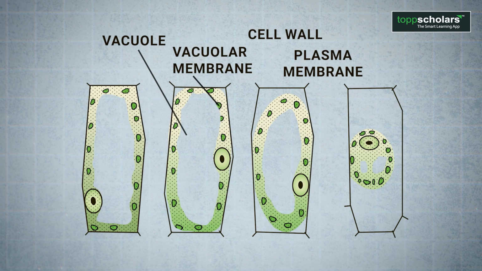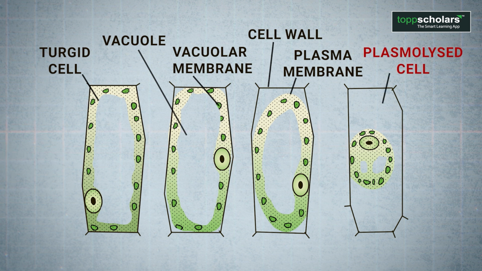In C diagram, you can see the turgid cell, and in figures D, E and F, after the cell is kept in hypertonic solution, we can see the cytoplasm will shrink. Protoplasm is withdrawn from cell wall due to withdrawal of water from vacuole, and the shrinkage is actually plasmolysis and cell is plasmolyzed cell. That's all.